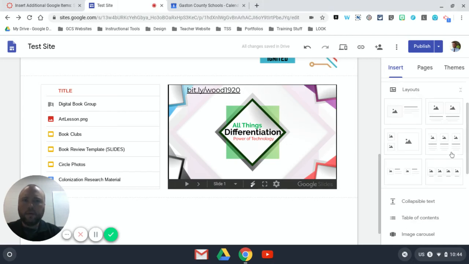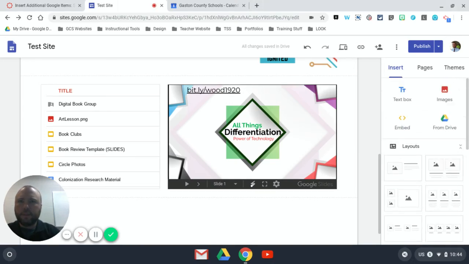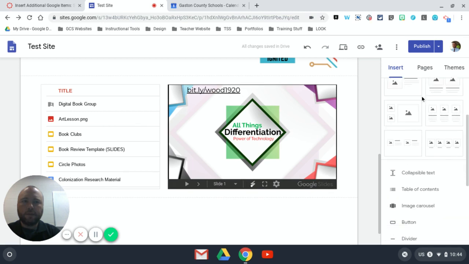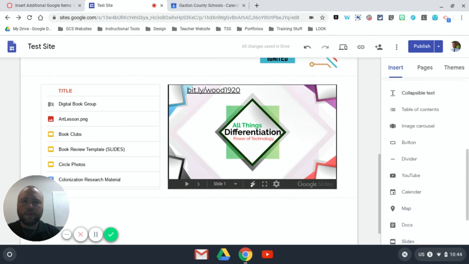So now that we have inserted the basic items into Google Sites, this particular choice will show you how to insert a few more. We have gone to the insert panel and we've done the wheel. We've kind of exhausted most of the stuff on the little insert wheel that we've used. And we've definitely dealt with 3 of the 4 options up here. But if you continue scrolling down, you'll notice that there's a long list of options that you can add. And we're going to focus on 2 of those in this video,